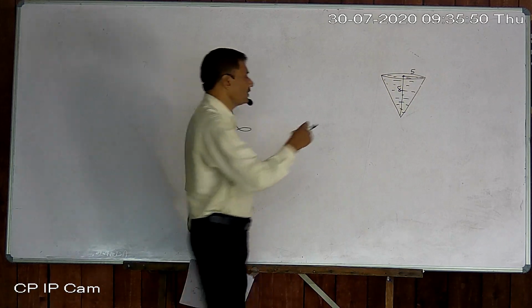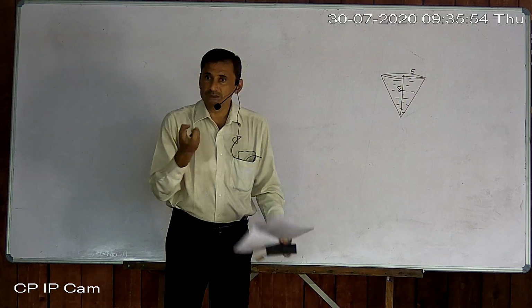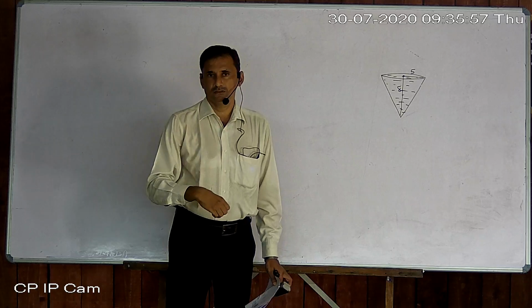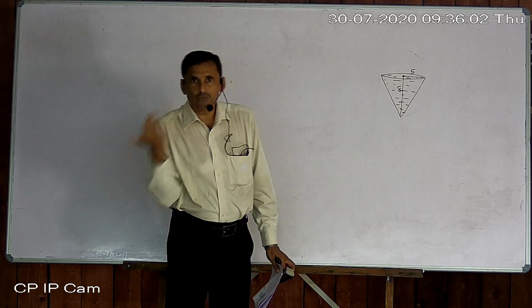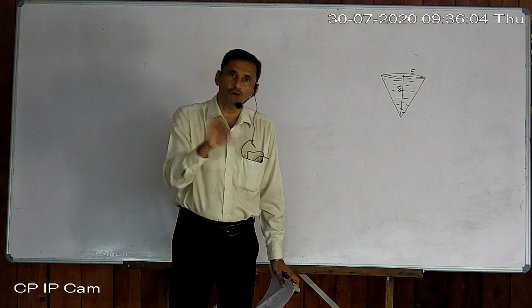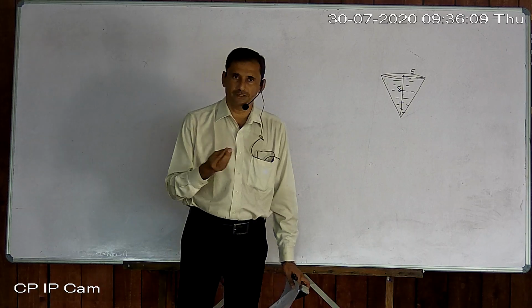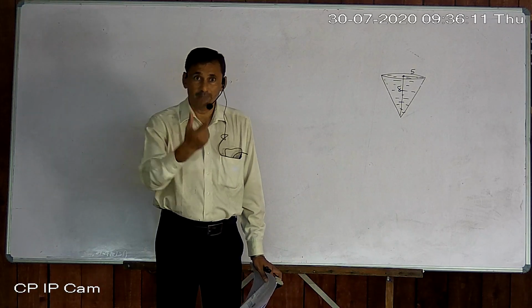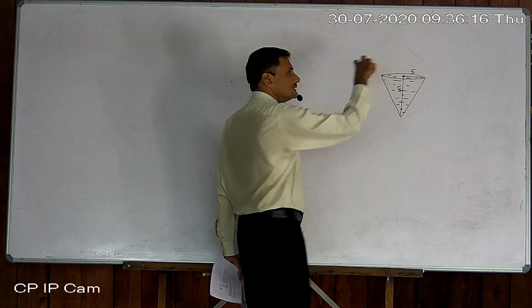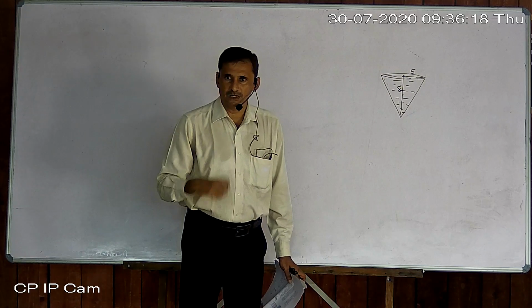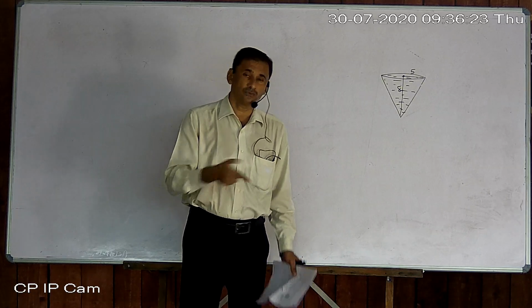So in this cone, one by one, some small spheres are dropped. Obviously, what happens? Water comes outside, equal to the volume of that sphere. Lead shot means a small sphere, just like a playing marble. So if you drop so many spheres one by one, what happens? Water comes out. But how much water comes out, that is given.